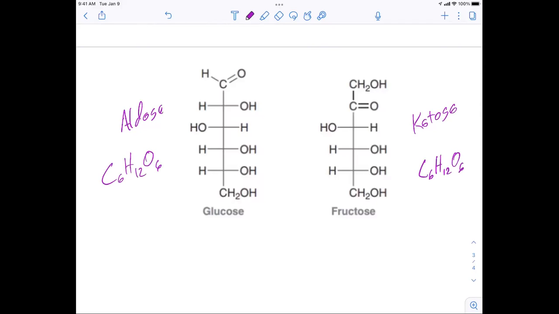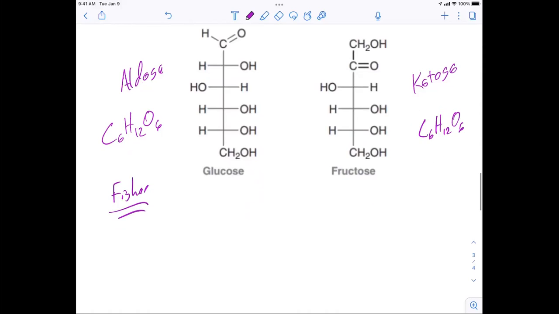And they're both shown in a Fischer drawing. Okay. Now in organic 1, you might have covered Fischers, you might not have. Fischer is a way of demonstrating stereochemistry. So whenever it has it to the left and the right, what a Fischer is doing is, when I see something like this,